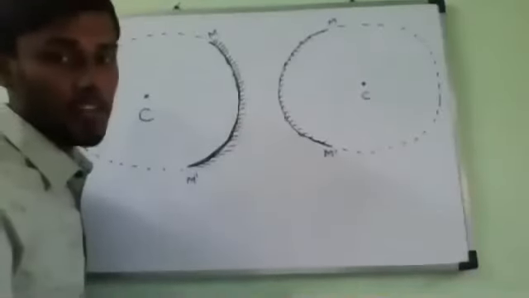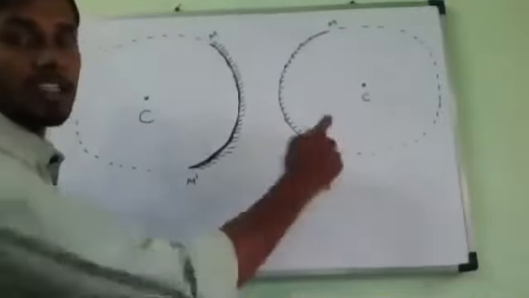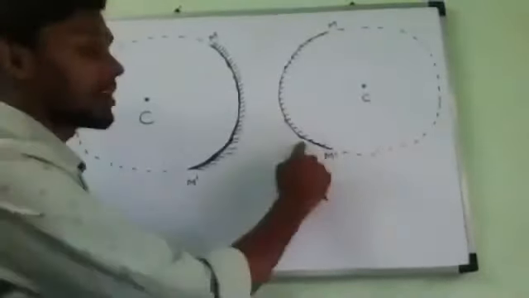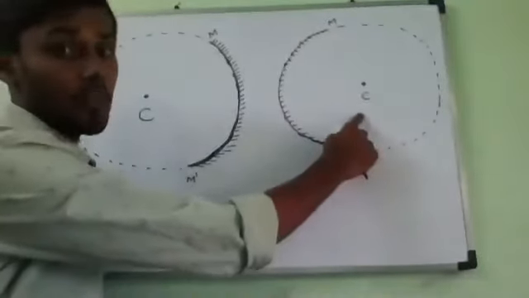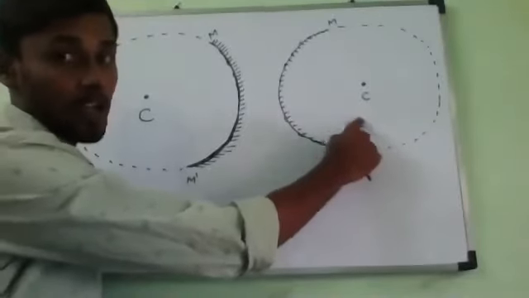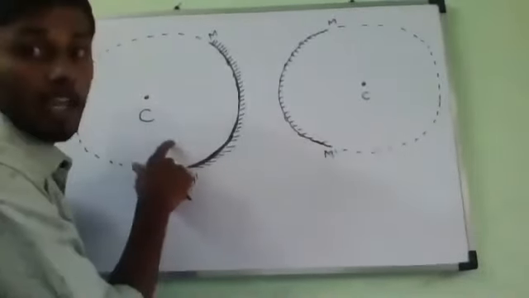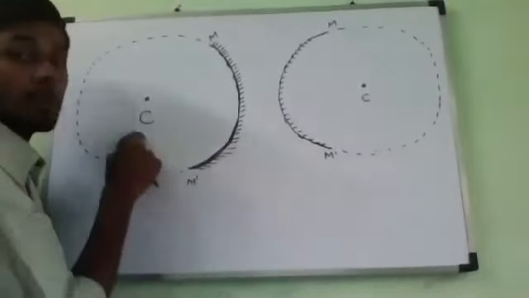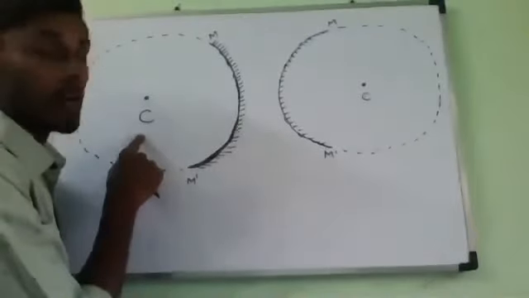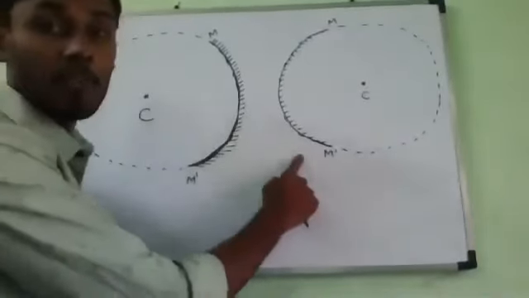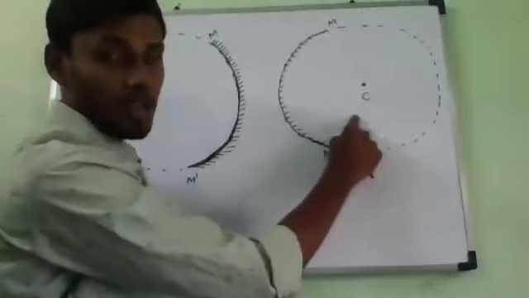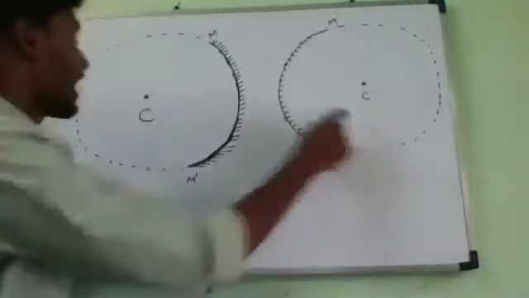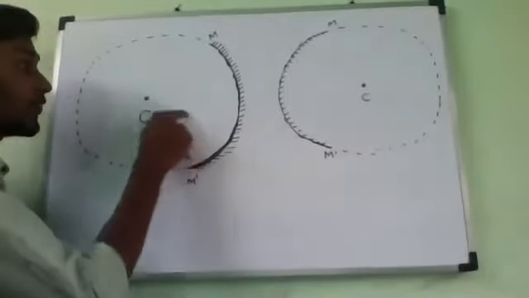Now you remember, it lies outside the reflecting surface of the mirror. The center of curvature is not a part of the mirror here. It lies outside the reflecting surface of the mirror. But if it comes to the concave mirror, the center of curvature of a concave mirror is in front of the mirror. You always should remember that. For a convex mirror, the center of curvature is at the back of the mirror.